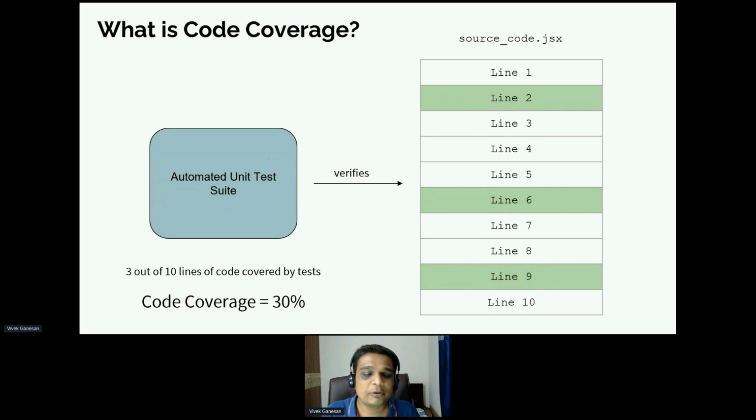And so we say, okay, 3 divided by 10 is equal to 30 percentage. So the code coverage is 30 percentage. So this is one variation called line coverage, right? And this is what we mean by code coverage. Now that you know what test coverage is,